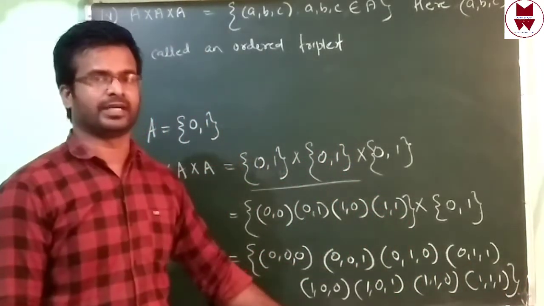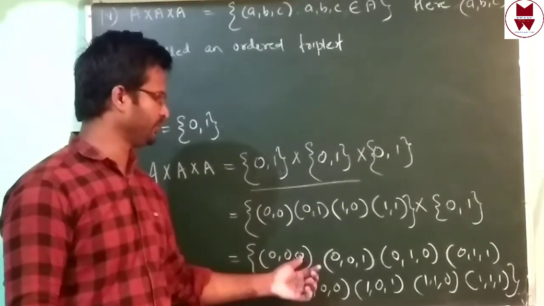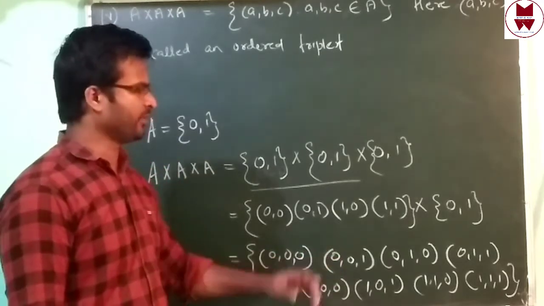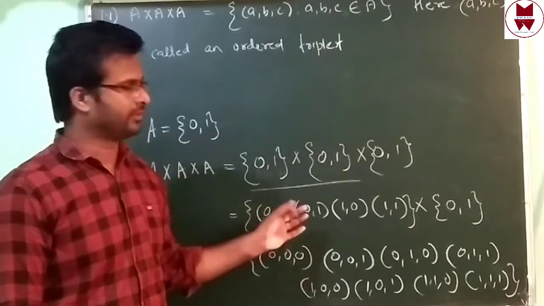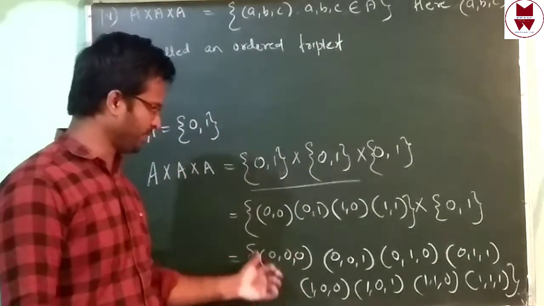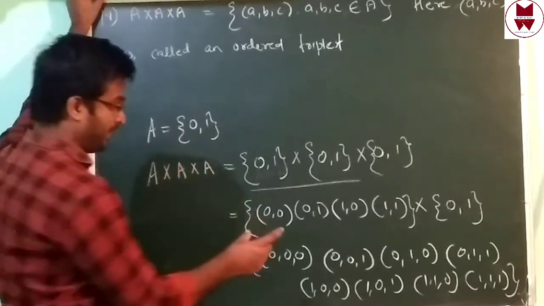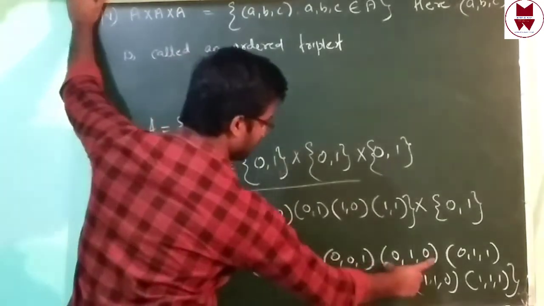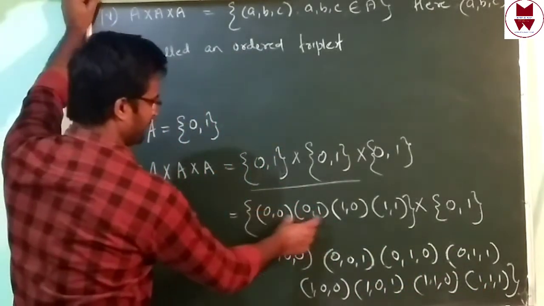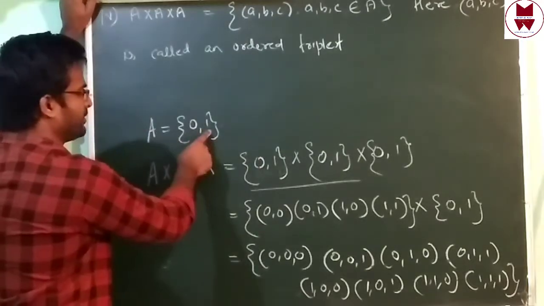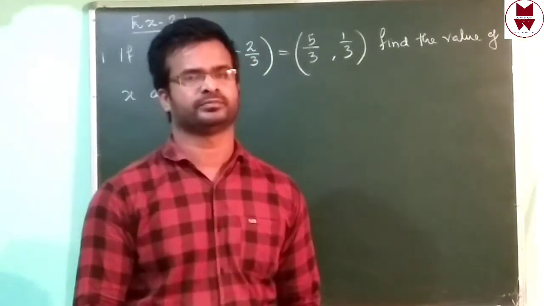Now we got one Cartesian product. In one element, 3 numbers are there: 1, 2, 3. 3 numbers, isn't it? Then this is known as a triplet, ordered triplet. Triple means 3, isn't it? Then triplet means in one element there are 3 numbers. Element means this one element; 2, 3, 4, 5, 6, 7, 8 elements. In here also 1, 2, 3, 4 elements. In here how many elements? 1, 2. Now we can start exercise 2.1.